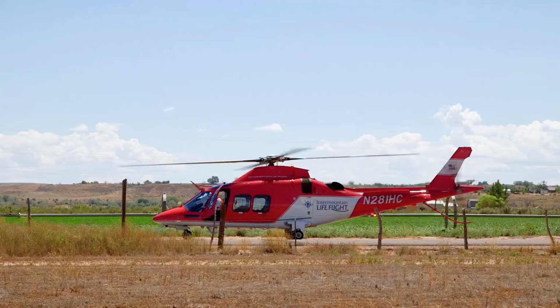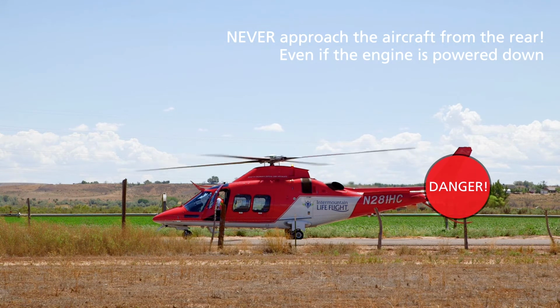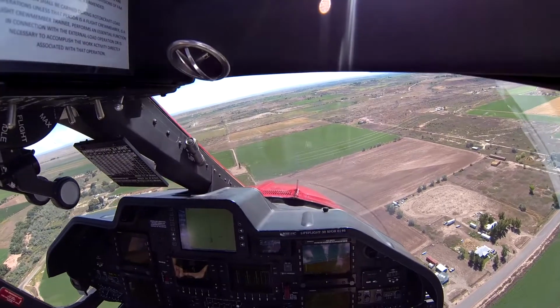Never go behind a helicopter or near the tail rotor. During operation, the tail rotor can be very hard to discern due to its high speed, and impact with the tail rotor will cause severe injury or death. Even with the